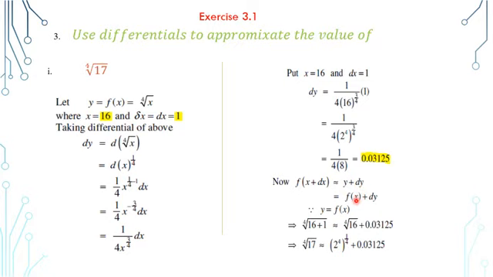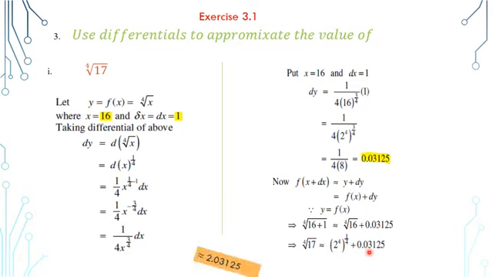Value of y is f of x, which is fourth root of x, and the value of x is 16. So fourth root of 16 plus value of dy. Value of dy is 0.03125. This 4 cancels out with this 4. Final answer is 2 plus